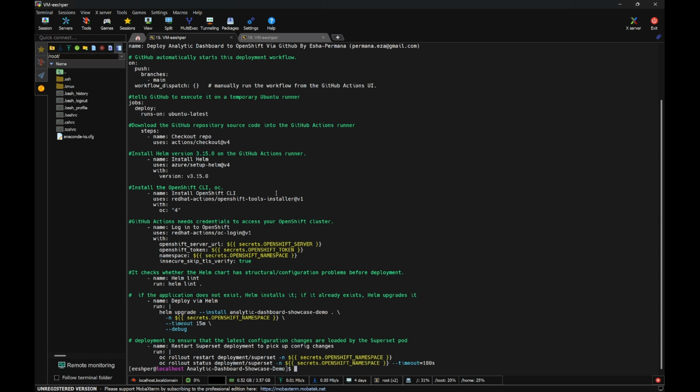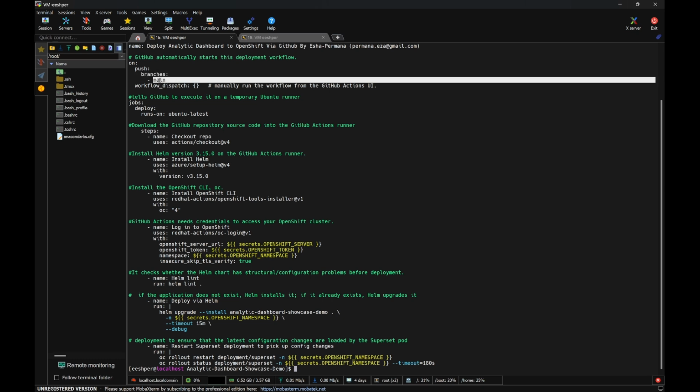I will use this to onboard the application from GitHub Action. On the first line, we set the GitHub branch, which is main. This is the place you need to point to during the onboarding process.